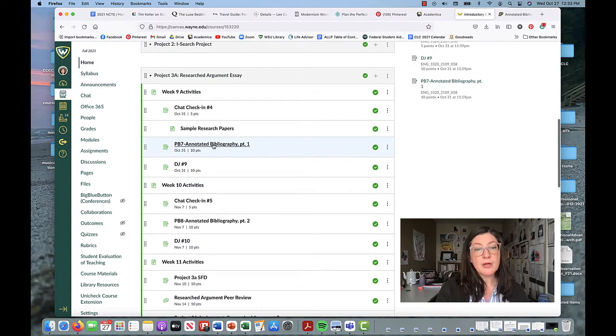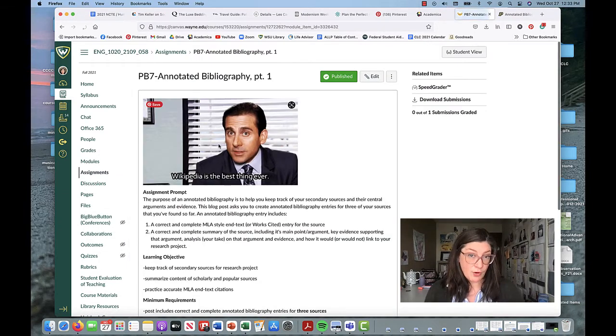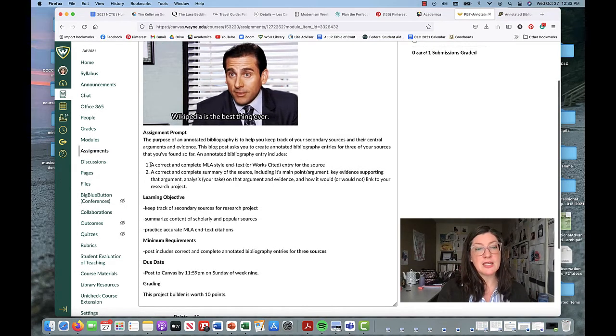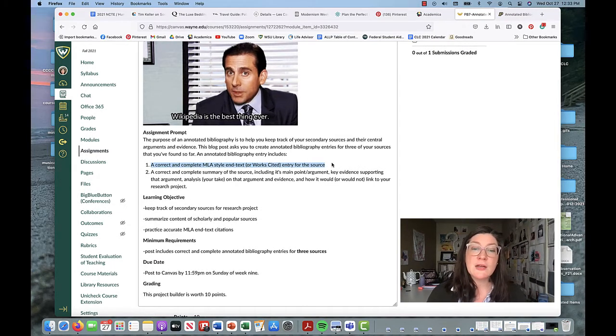Now, beyond looking at sample papers, you do have your project builder for this week. Project Builder 7 is an annotated bibliography. If you've never done an annotated bibliography before, it is just like a bibliography, but with annotations or notes. So the two aspects of an annotated bibliography include a correct and complete MLA-style works cited entry for each source